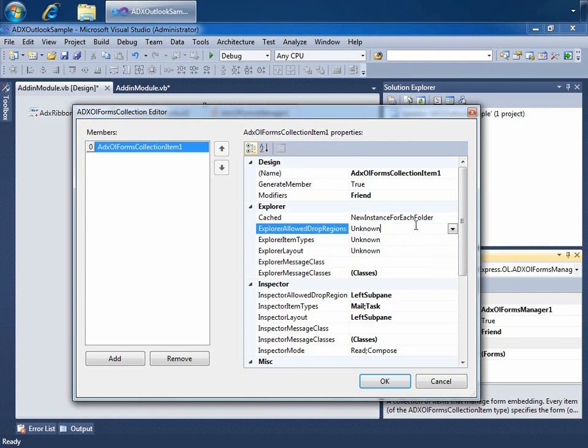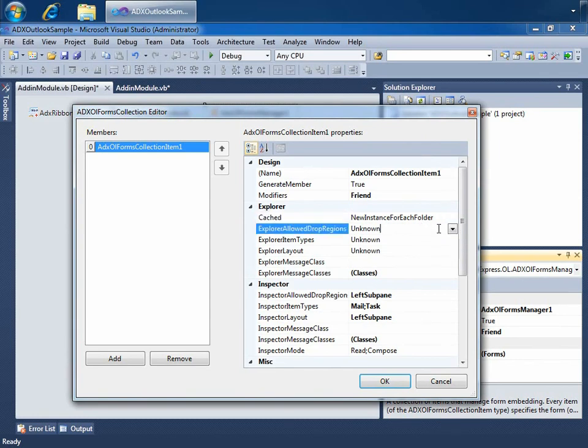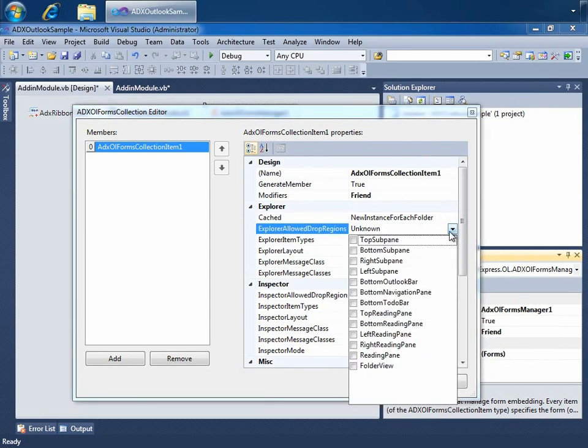Now above that we have the options for the Explorer. So in terms of caching, do we want a new instance for each folder, or do we want to use one instance for all folders? We'll do new. Explorer allowed drop regions. I'm going to go ahead and say the same thing. Let's do for here let's just say right subpane, just to have a little difference in terms of the explorers